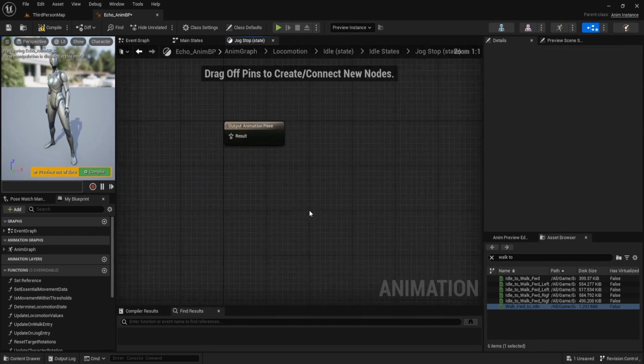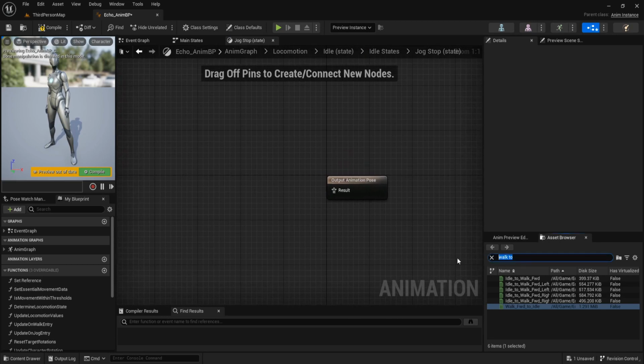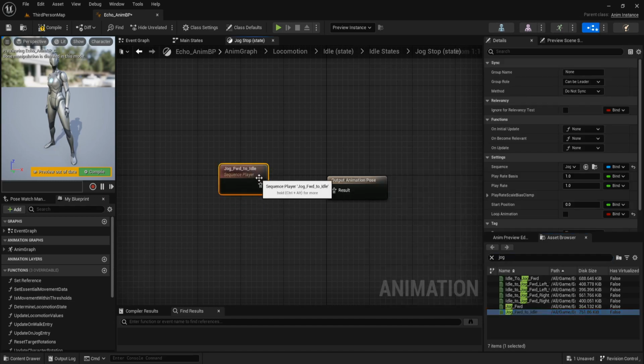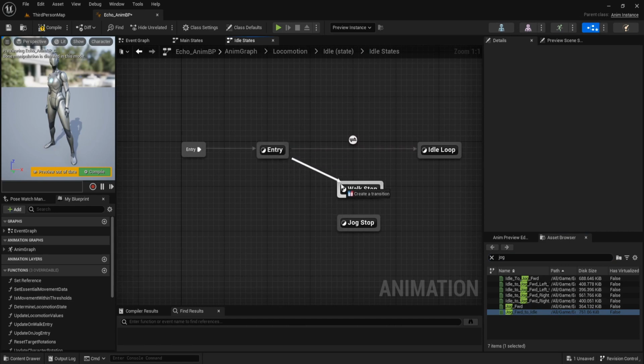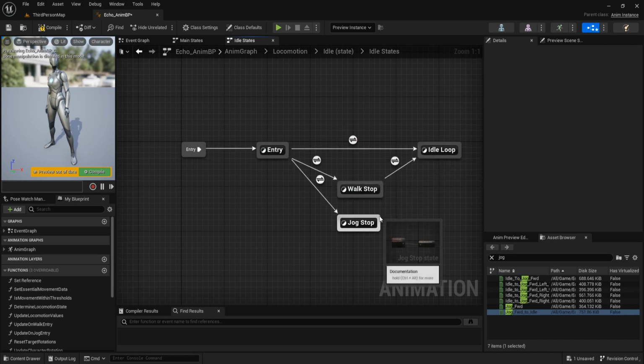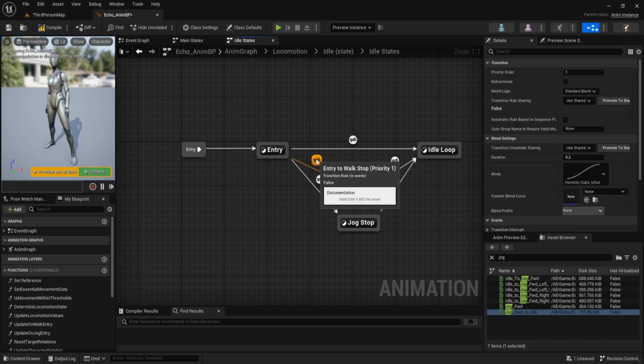Go to jog stop and search for jog forward to idle. Like this animation. Create a transition to transition, and connect it back to the idle. And this transition to walk stop, priority is 2. And the duration is 0.